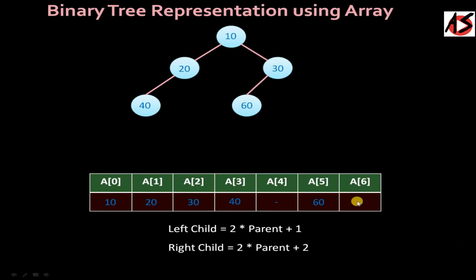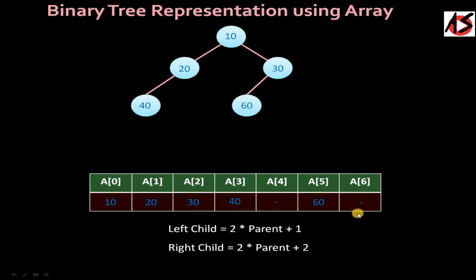So that is limitations of array representations. When you don't have a child, you still have to allocate the memory and you are not storing anything in the memory. Another disadvantage of array representation is if you want to add elements into the array, you have to redefine the entire array with a larger size.